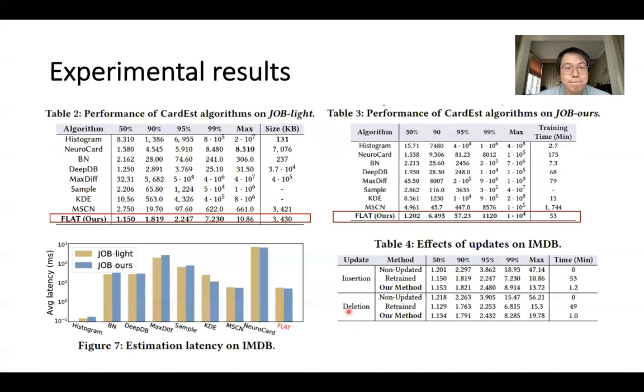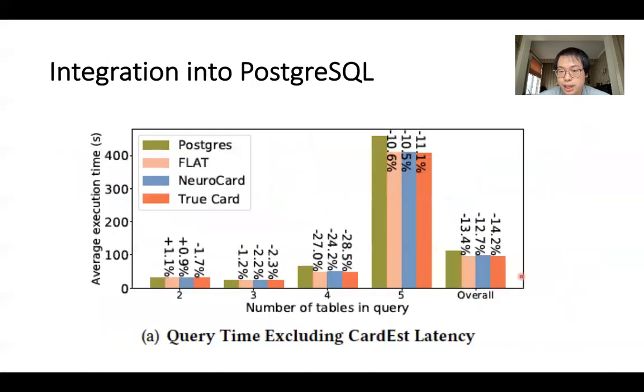So for the multi-table experiment, we use the well-known IMDb dataset and JOB-light and JOB-M, 2 well-known query workloads. We can see that FLAT also achieves the best accuracy on both workloads with relatively small model size and fast training time. Again, the inference latency is still the fastest, and it also has a very efficient updating method,